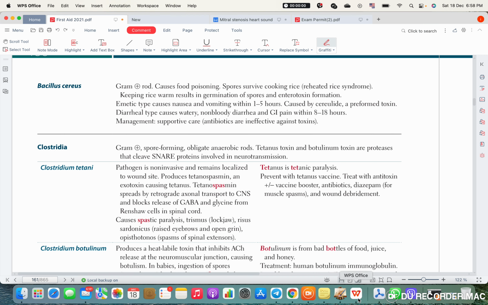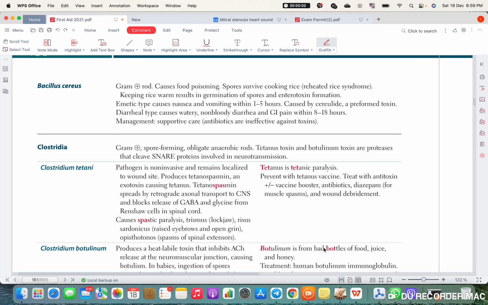History of the food, you are absolutely correct. So if we speak about Staphylococcus aureus, it was mayonnaise, it was meat, what else except mayo and meat? Mayo, meat, custard as well. But if we speak about Bacillus cereus, it was only the rice. That was the rice. Okay, good.